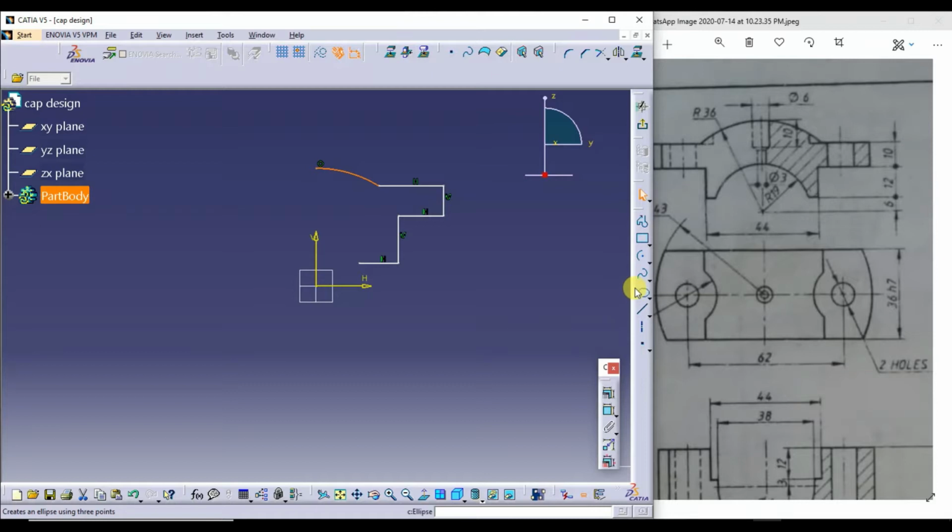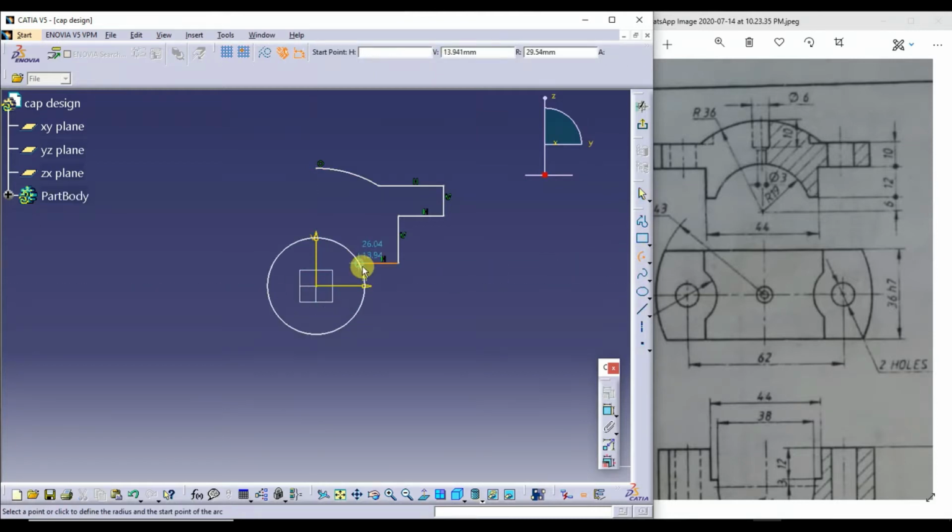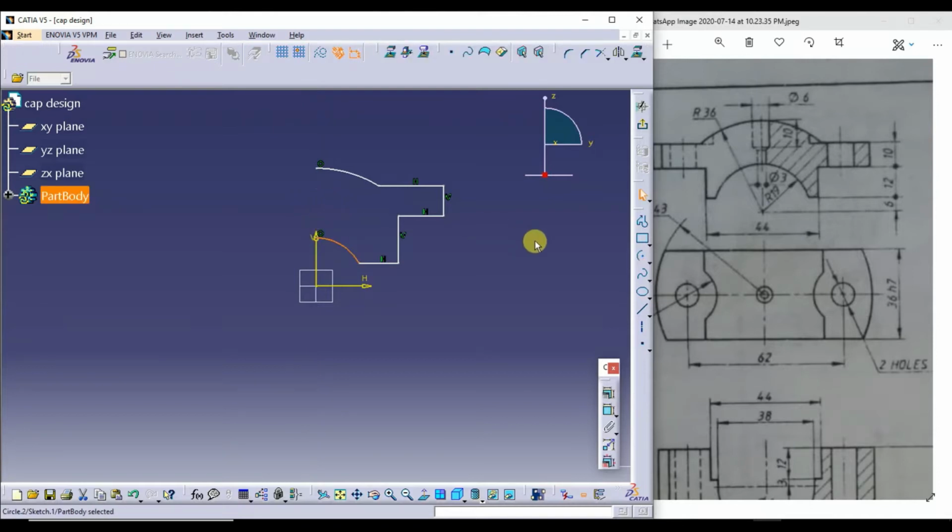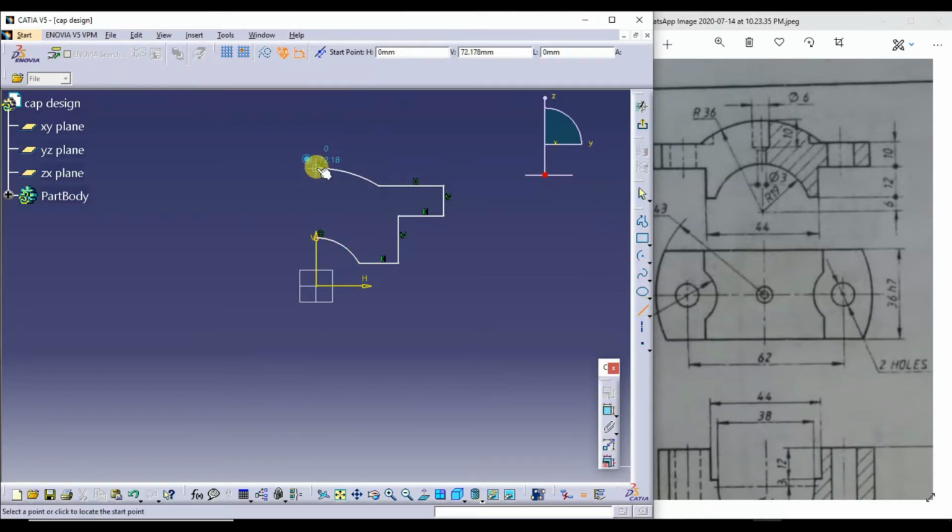Next, one more arc I'll create. So I'll leave exactly at this point. Next, I'll join this edge to this edge of the arc.